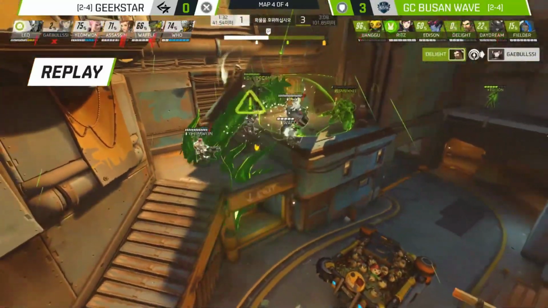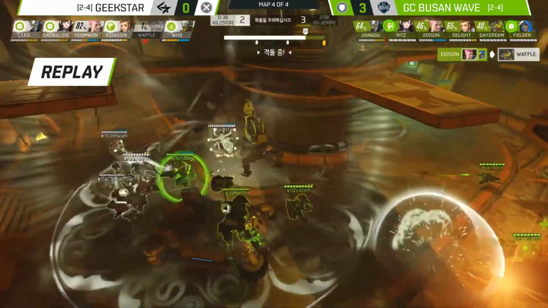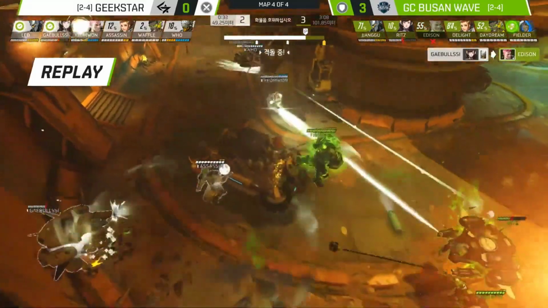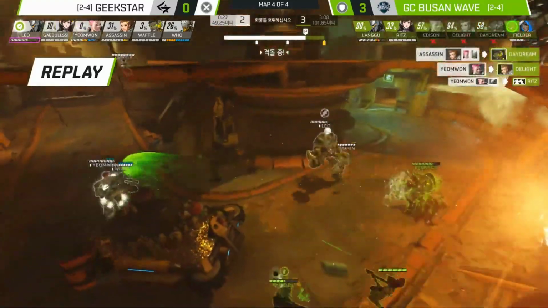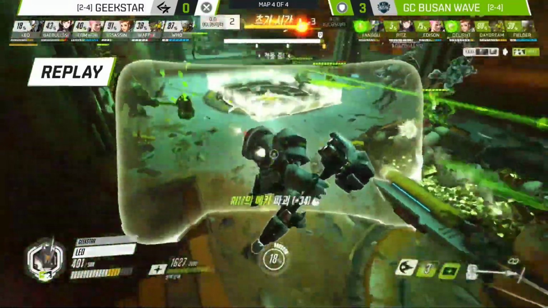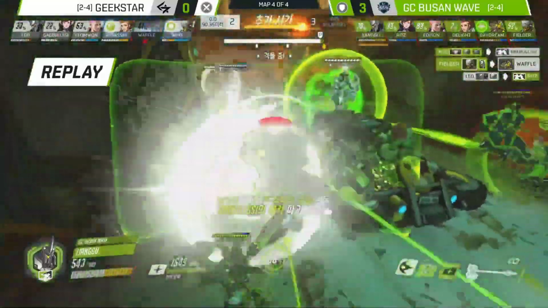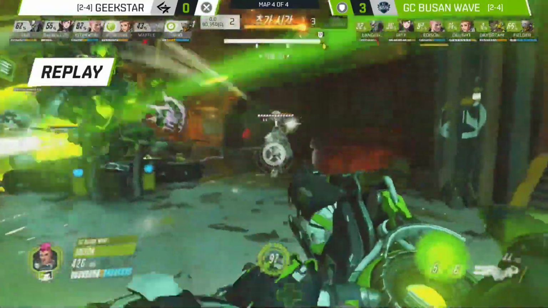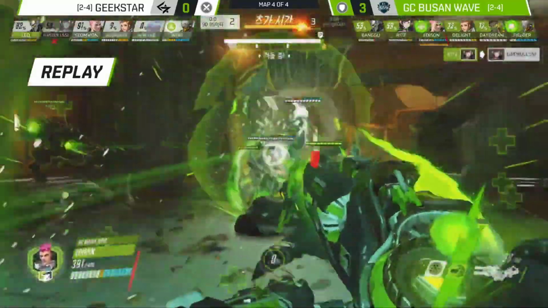Yeah, sometimes we saw GEEKSTAR got caught a couple of times. They really struggled in situations where GC Busan Wave had control of high ground. We saw it on Kings Row, we saw it on Horizon, we saw it on Point B of Junkertown. But realistically, we need to see GEEKSTAR make those rotations very quickly, get into position, allow Waffle to do what he does, and then play off of the fact that once things go to level ground, GEEKSTAR, they're a pretty solid team. We saw them contest against GC Busan Wave at level ground pretty well a few times, even when things went to double sniper in that first stage versus GC Busan Wave on Junkertown. It was only until high ground came into a big factor for GC Busan Wave that GEEKSTAR really got shut